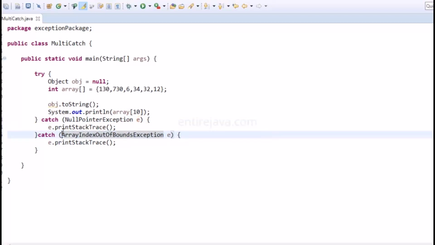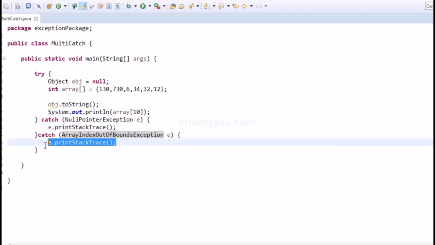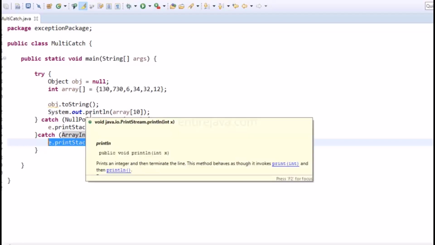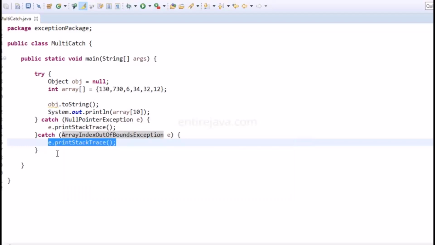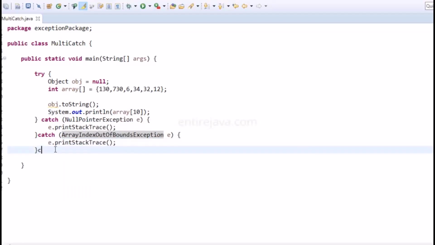Like so. Now that being said, at a time only one catch block will get executed. For example, if we get a null pointer exception, the controller is going to get inside this block. Similarly, if we have an array index out of bound exception, the controller will get inside this block. But what if there is an exception that is neither of these? Then it's always better to have a more generalized exception. Like for example, we could have simply